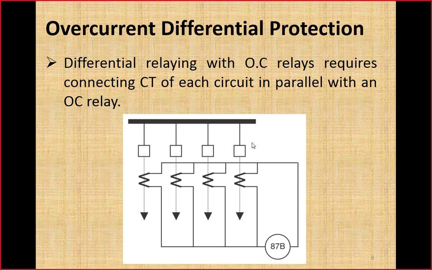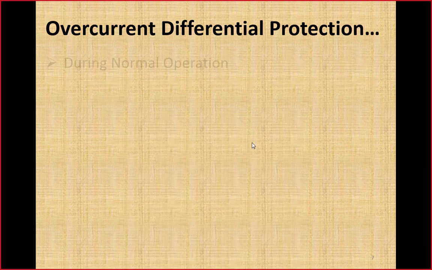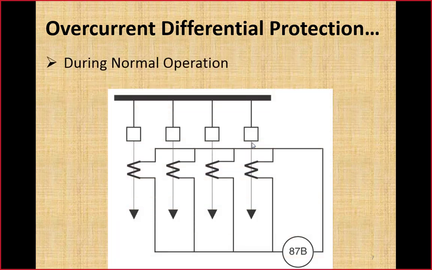The zone of protection for this differential protection will be the bus. If a fault occurs on the bus, that would be detected by the differential relay. But if a fault occurs on any of these lines, the differential relay is not going to respond to that fault. Now we are going to see how this differential relay is going to detect the fault and how it is secure for external faults and during normal condition. The first requirement for the application of overcurrent differential for bus bar protection is that the CT ratio must be the same everywhere in all the circuits connected across this bus.